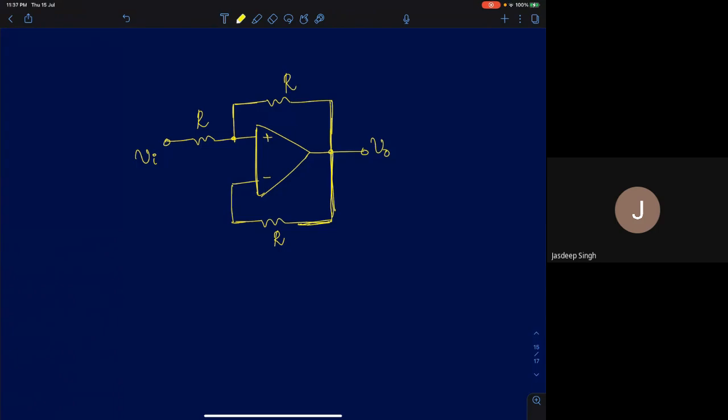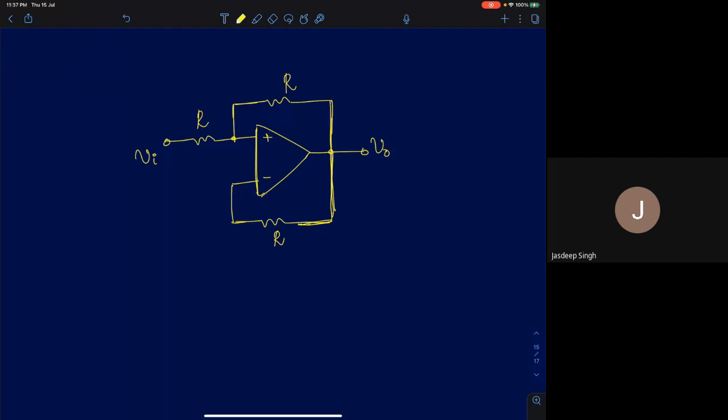Hi everyone. So I'm going to post a series of lectures on op-amp circuit analysis. Since some of you requested it, I thought I'll post some lectures on how to solve problems on op-amps. In the first lecture, I'll quickly tell you how to solve op-amp circuits when there are both negative and positive feedbacks. I have already discussed this, but I'll take some very simple problems so that it'll serve as a good refresher for you guys.